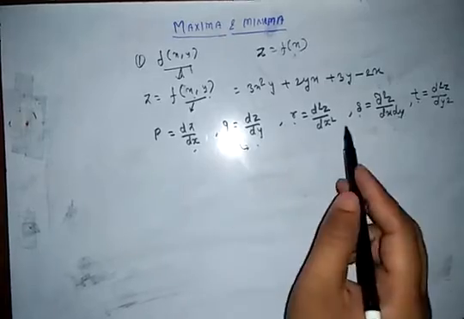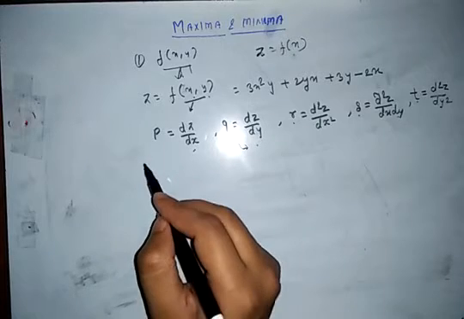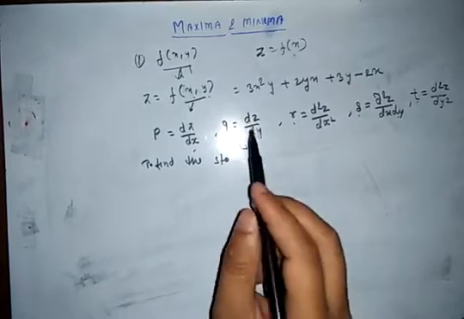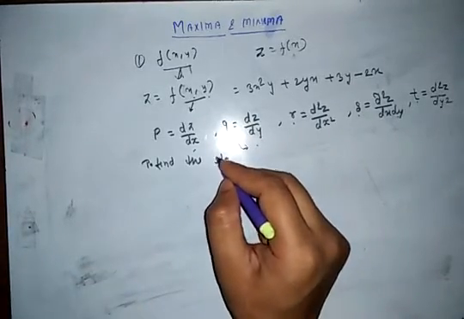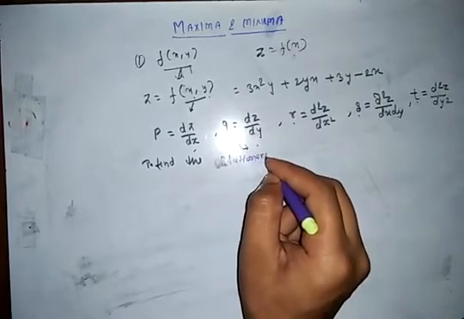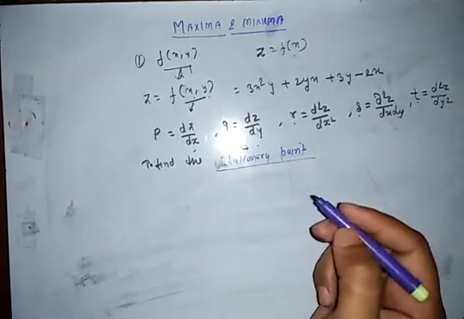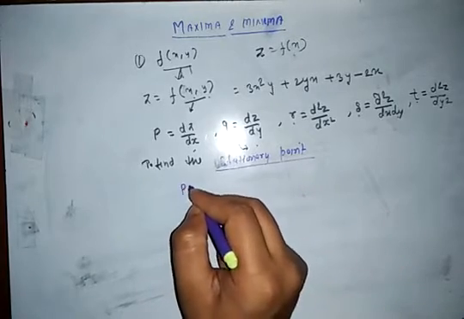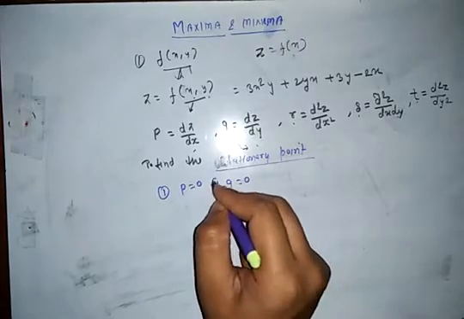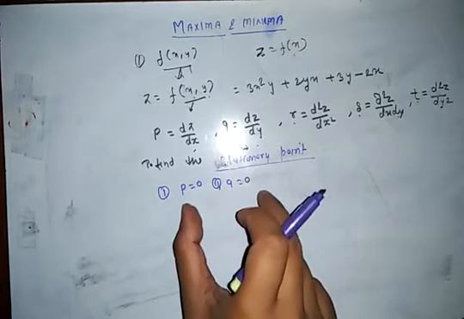So you can apply this to find the stationary point here. To find a stationary point, what is the condition? Apply p is equal to 0, q is equal to 0. Okay, first condition, and this is the second condition: p is equal to 0 and q is equal to 0. You can find a stationary point through these equations. Okay,